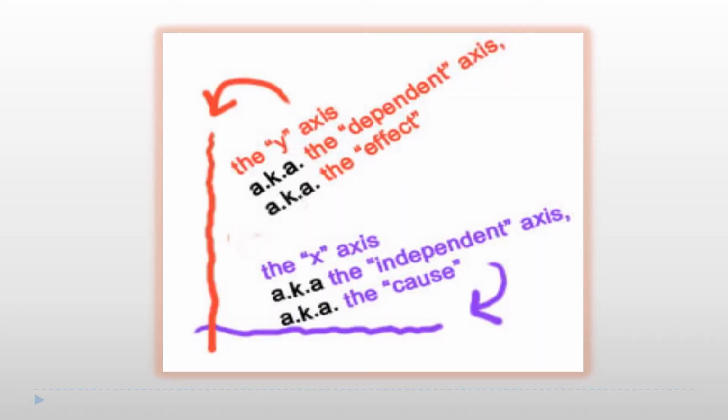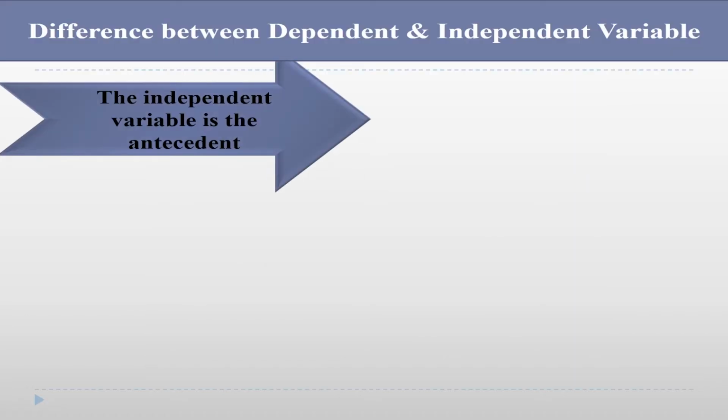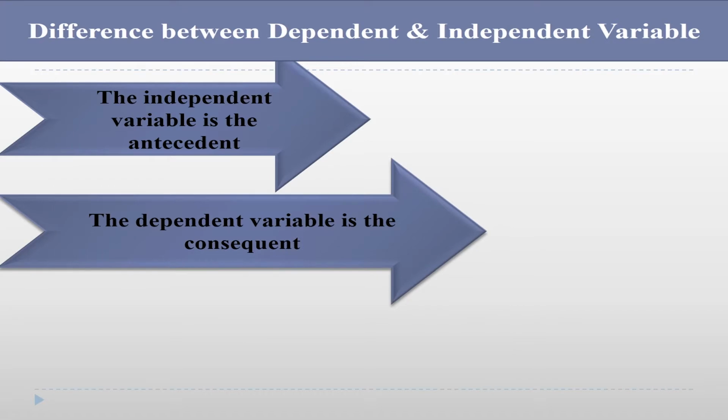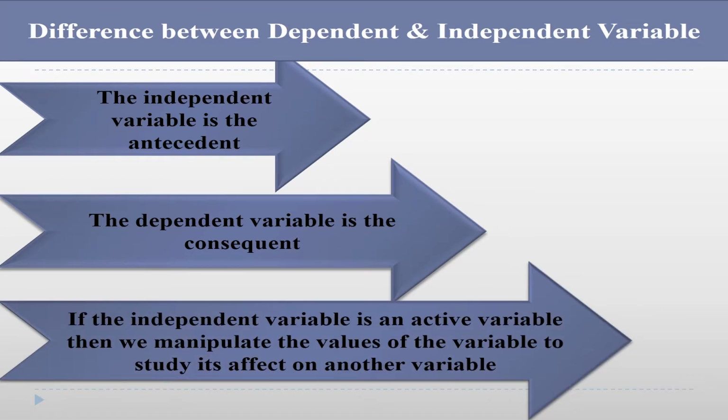Thus, the independent and the dependent variables represent different axes of a graph. While the independent variable refers to the x-axis on a graph, that is along the bottom, then the dependent variable refers to the y-axis, that is along the vertical side. The independent variable is the antecedent while the dependent variable is the consequent. If the independent variable is an active variable, then we manipulate the values of the variable to study its effect on the other